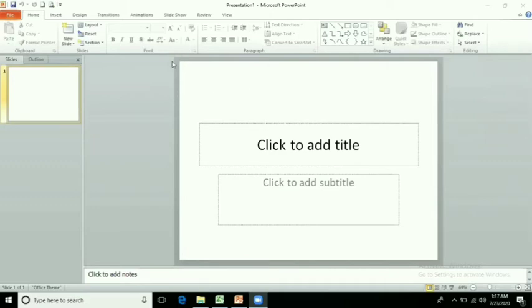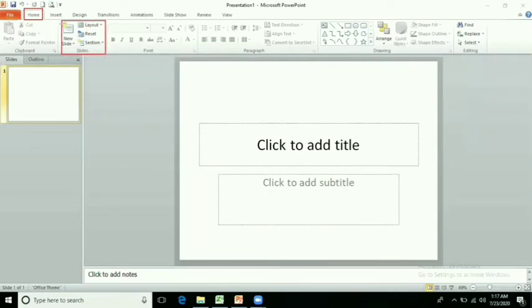Firstly, you can see here in my presentation, one slide is here. By default, when we open PowerPoint, then we can see in our presentation, one slide will be here. If we want to insert a new slide, we can click on new slide that we can see in home tab in this slides group.